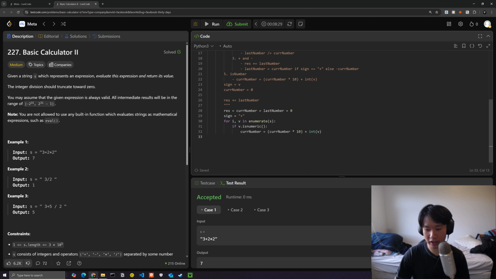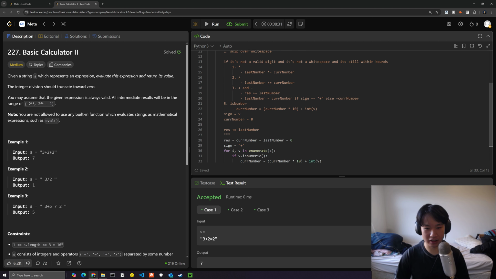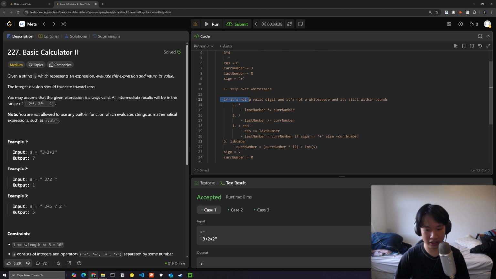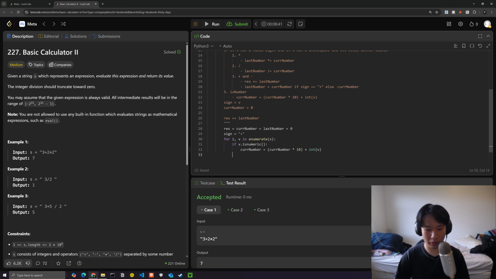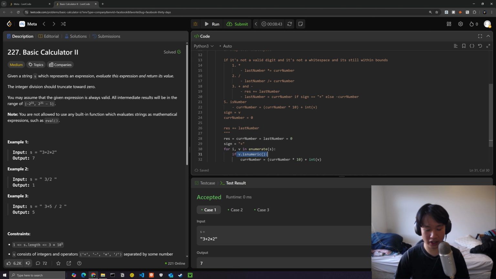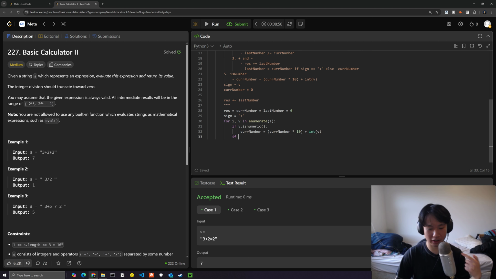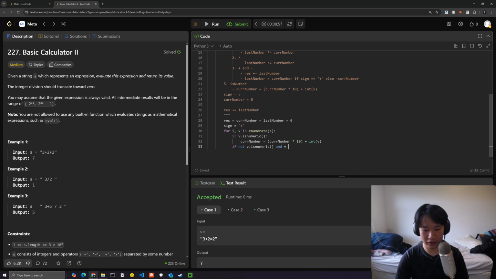Now, the next thing we want to take a look at is if it is an asterisk or a division. So we want to do an if/elif, or actually, before that, we want to check the cases here: if it's not a valid digit and if it's not a white space. Well, I guess this already kind of takes care of that operation. Because we want to keep it continuing on, we want to check if not v.isnumeric and v is not equal to a white space, and